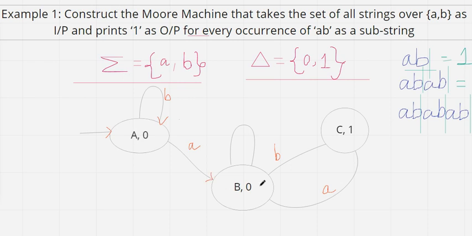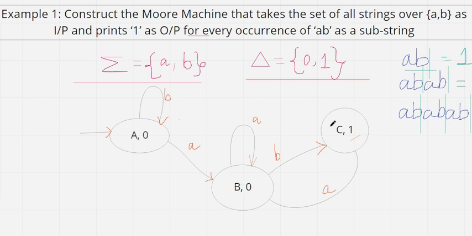Now if you talk about state B, there was a transition for B. There was no issue. We have already understood why there is a transition for B over here. There is a loop here in state B, and this loop will be for input symbol A. Now if we look into this diagram, this is a loop having A and ending with B, where it ends at state C, which has the output as 1. So this is perfectly accepted because AB is the substring that is being accepted for output as 1.